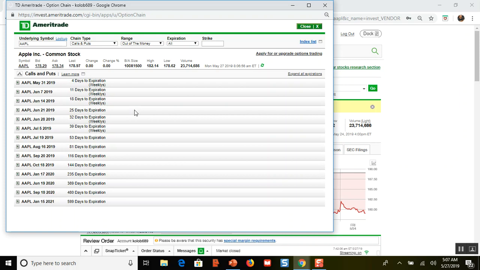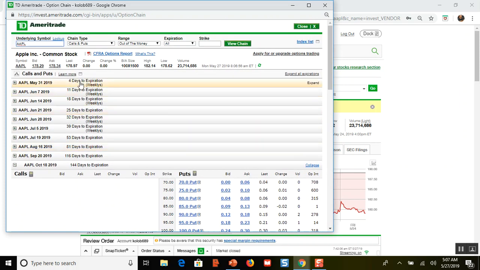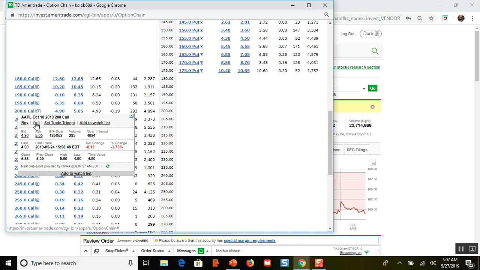So we bought the 100 shares, and now we're going to look. Let's say we go up 10%. So Apple is at 178.97, so 10% would be, let's see, 10% of 180 is 18, so let's go up to a $200 strike price. So here it is right here, and the bid is $490, the ask is $505, so let's say you get about $500 for that. And so you're going to sell to open this call option,